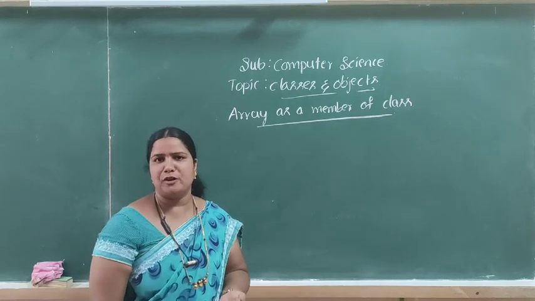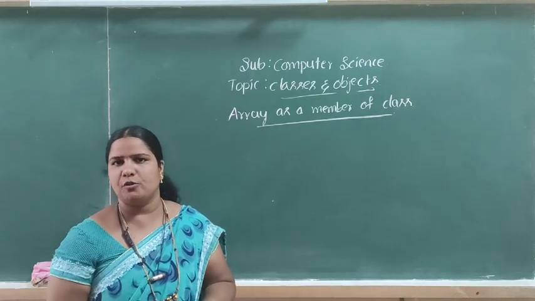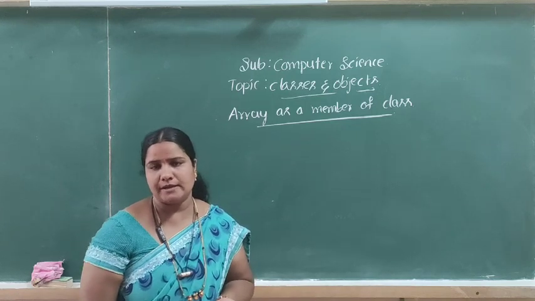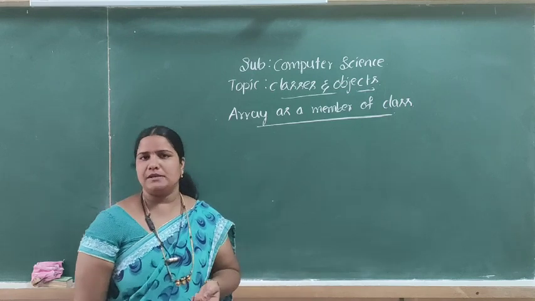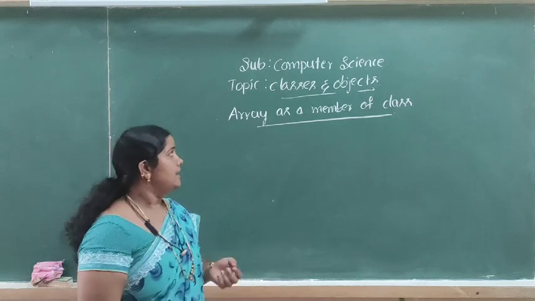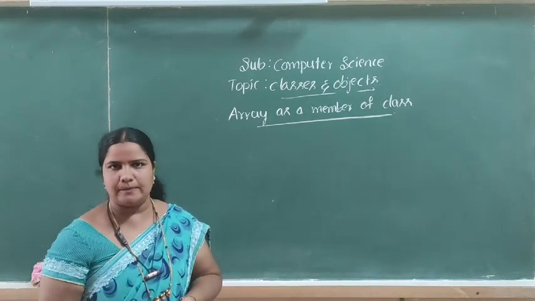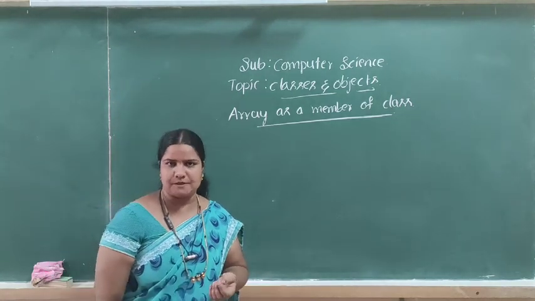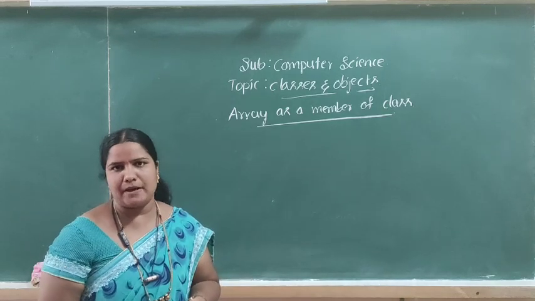For example, consider a student. It contains the data members like register number, fees and name. These are the data members. Data members are nothing but variables, and variables are declared in the private section of a class. And an array is a member of class. In a class, we use the concept of arrays, and an array contains its own subscript, which indicates the position of the element.